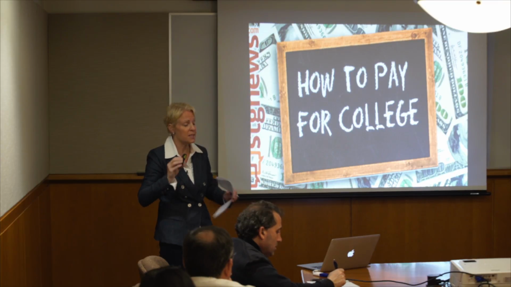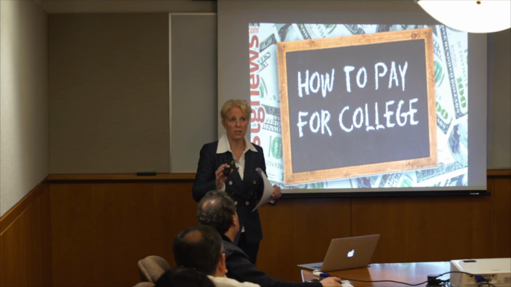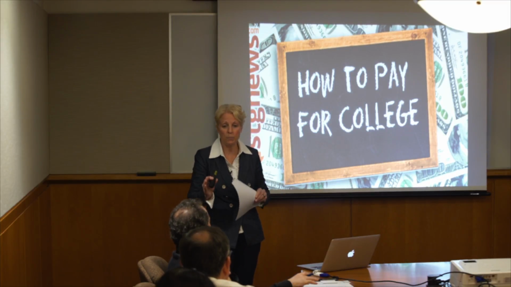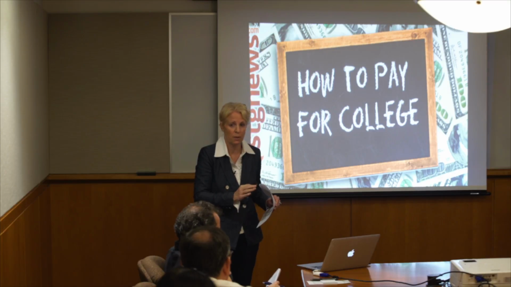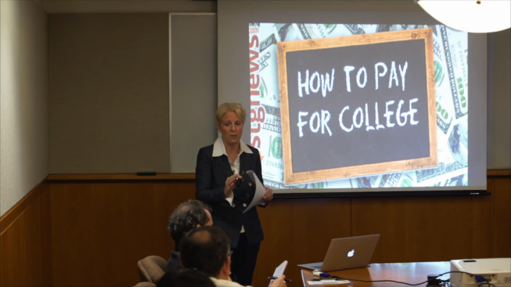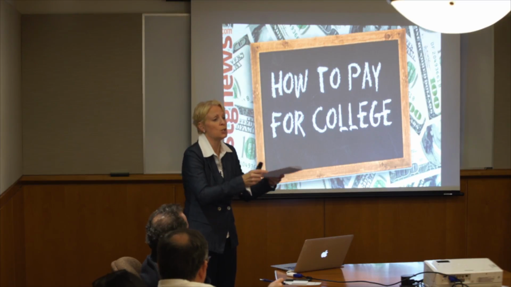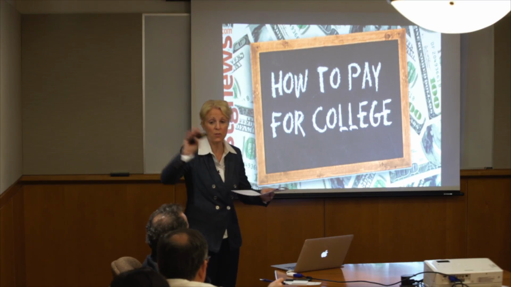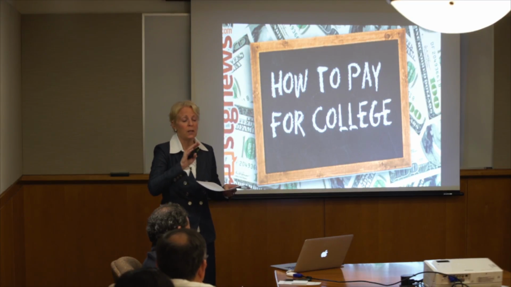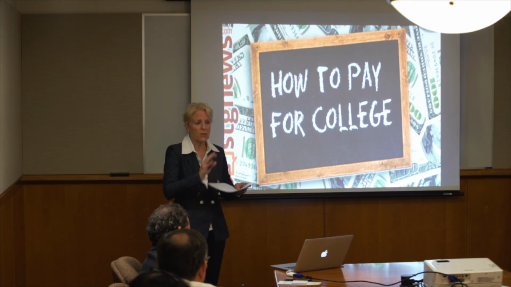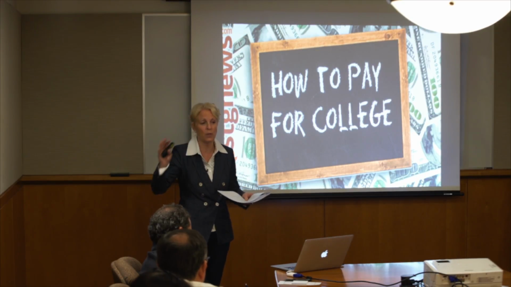Okay, plus the CSS profile, depending on if your child is applying early action or early decision, may be due much earlier on. I know that some of them are due as early as November 1st. And again, that's a priority deadline. If you miss it, you may be missing out on money. As the CSS profile is just for institutional aid. Okay, so there's federal aid, and there's institutional aid. So the CSS profile is just for the college to decide how much money they're going to give themselves, not for the federal government,